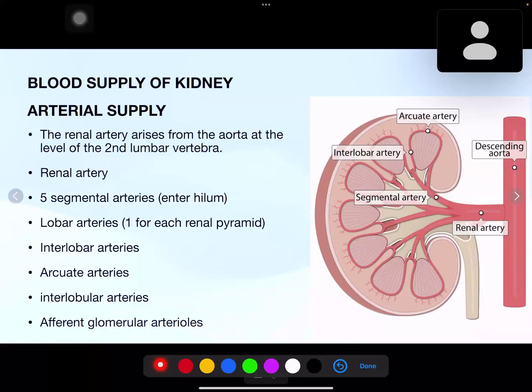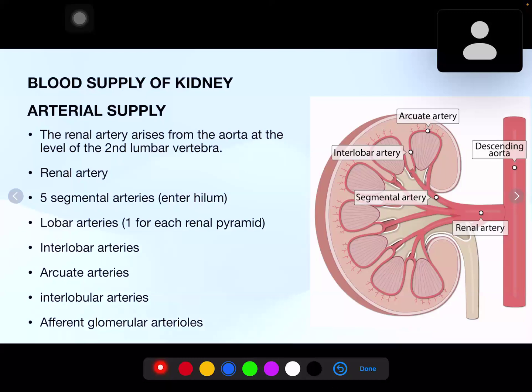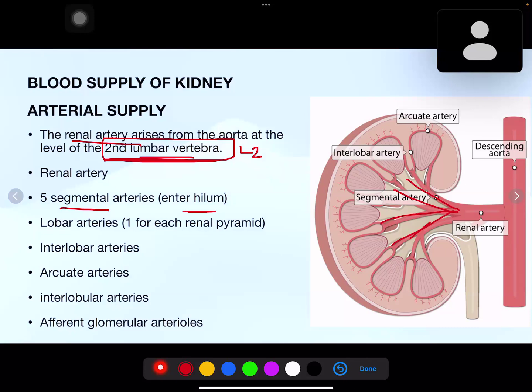So again, renal artery. We were discussing the important level of renal artery. So that was L2, and it gives these 5 branches, which are the segmental branches, enter the hilum, and then these segmental arteries divide and give the lobar arteries, one for each renal pyramid. So these will be the lobar arteries, and then these lobar arteries